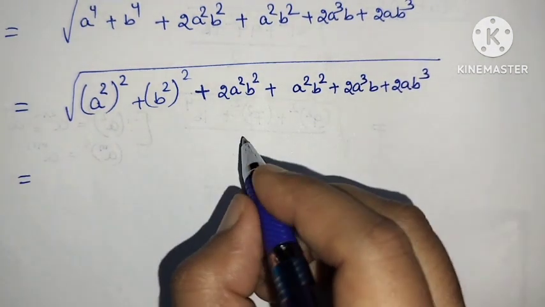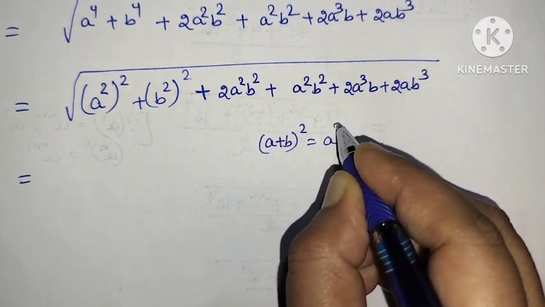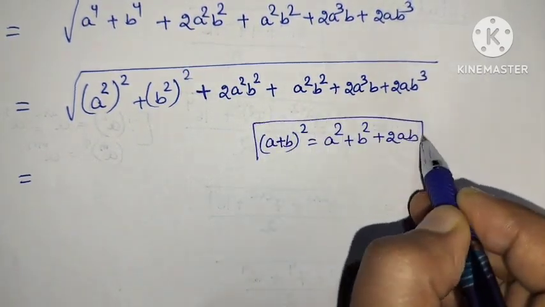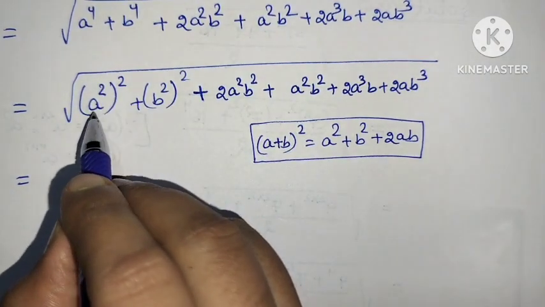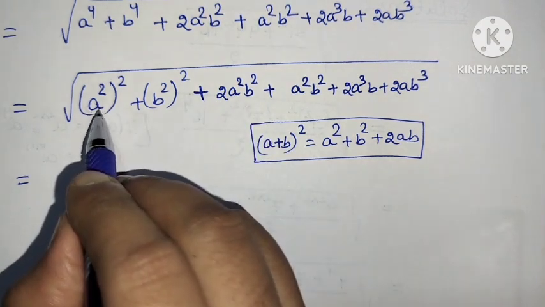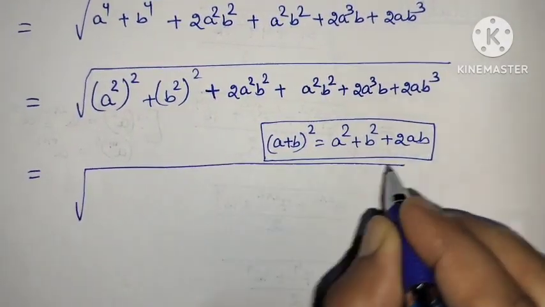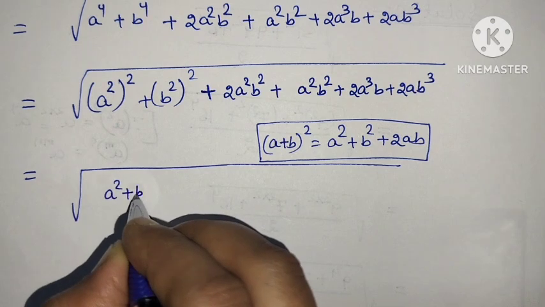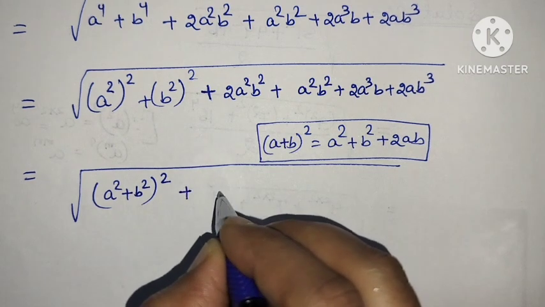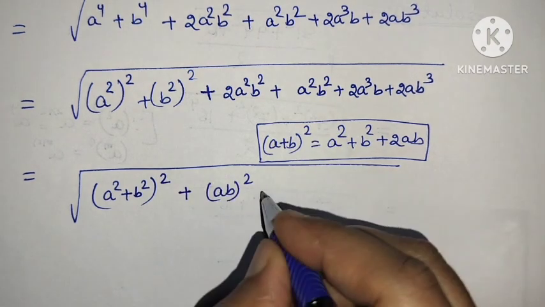We know that A plus B whole square is equal to A square plus B square plus 2AB. Then we apply here: A square square plus B square square plus 2A square B square, it is A square plus B square whole square. Yes. Then plus A square B square, it is AB square, plus